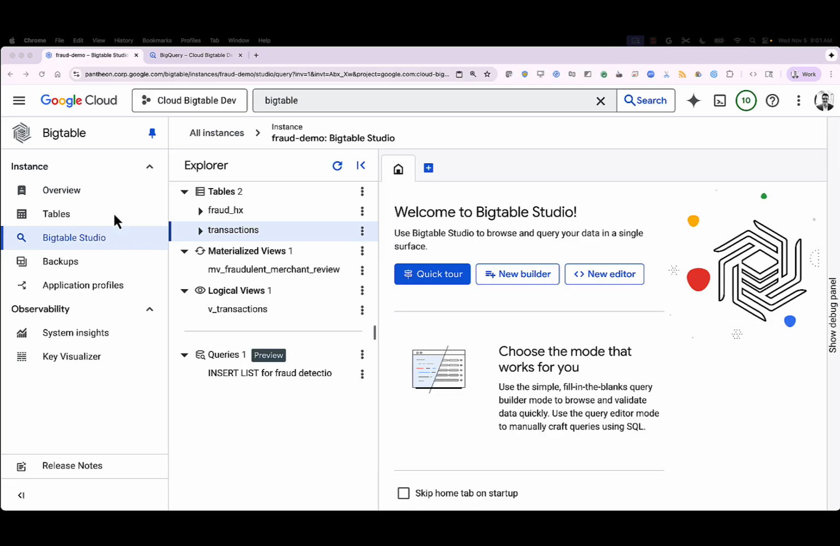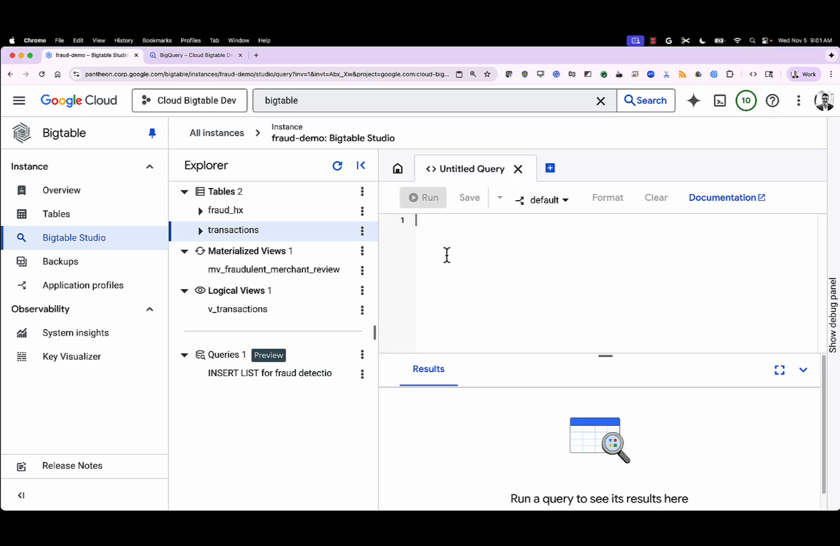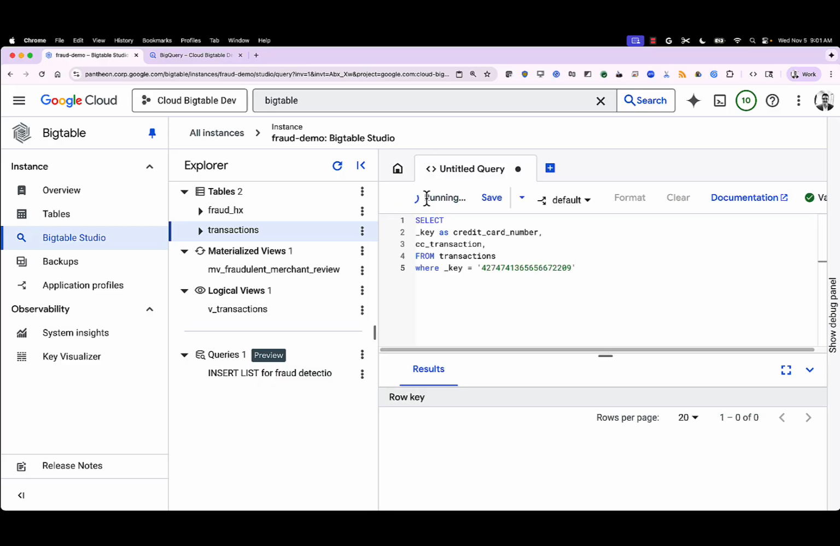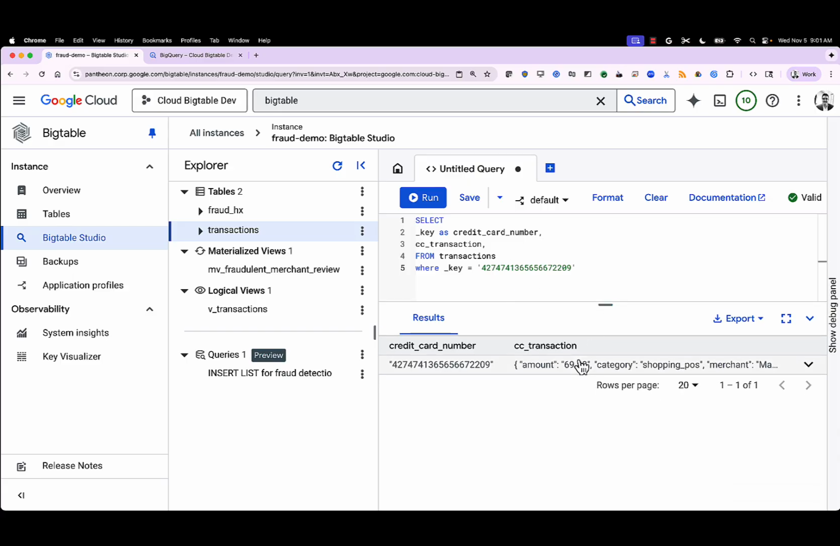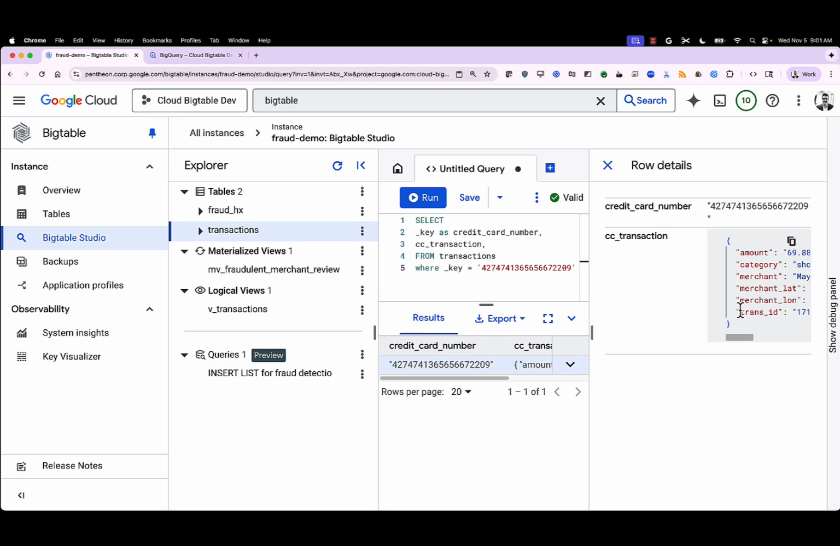We're going to start out here in Bigtable Studio, and we're going to be looking at this transactions data set. I'll go ahead and write a SQL query so you can see what this looks like. Everything is keyed off of the single credit card number. This is a dummy credit card number, obviously. But what we come back with is the latest transaction, as you would expect in a regular SQL statement, just